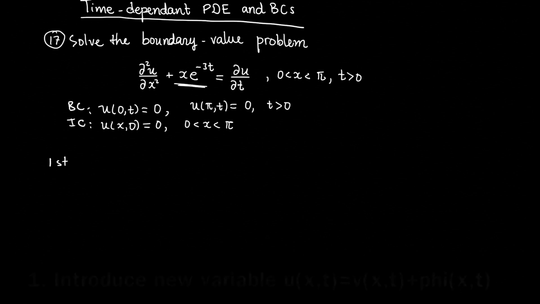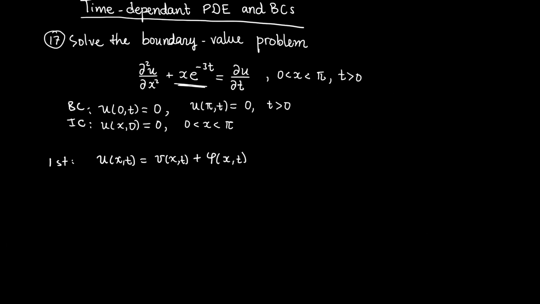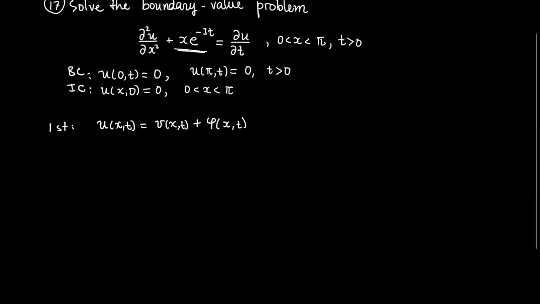As before, first I'm gonna introduce a new variable. I'm gonna say u(x,t) has to be equal to v(x,t) plus some function phi. Now this time, this function phi will depend on x and time. Previously, as you remember, we would do derivatives and then solve for phi. But now, instead of solving for phi,